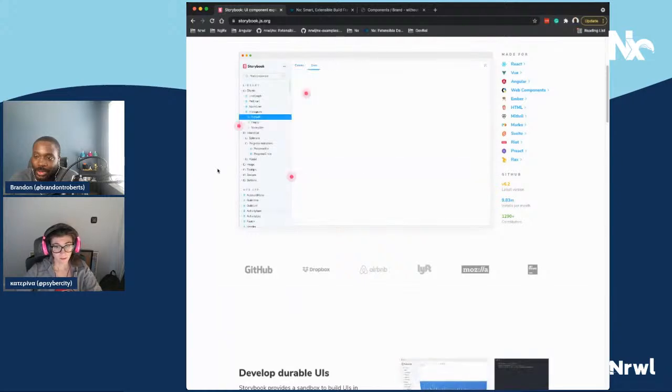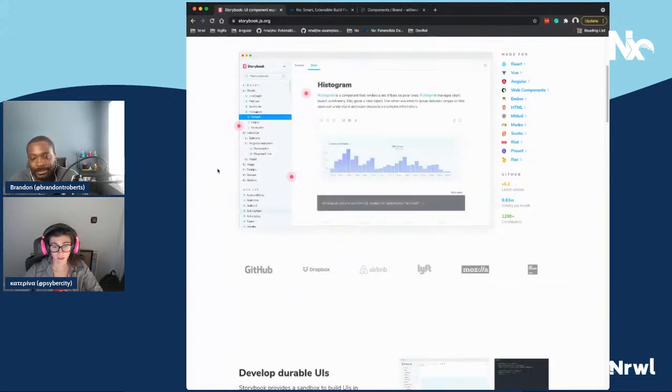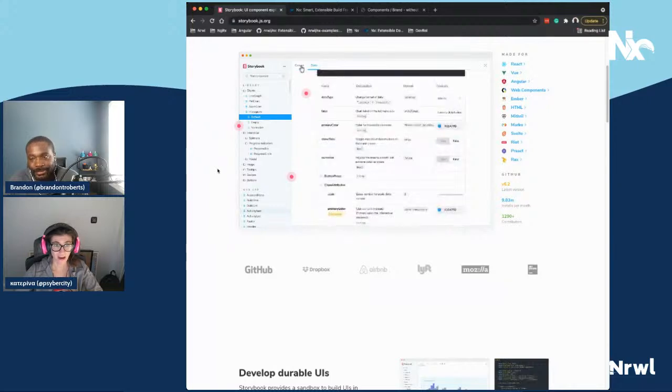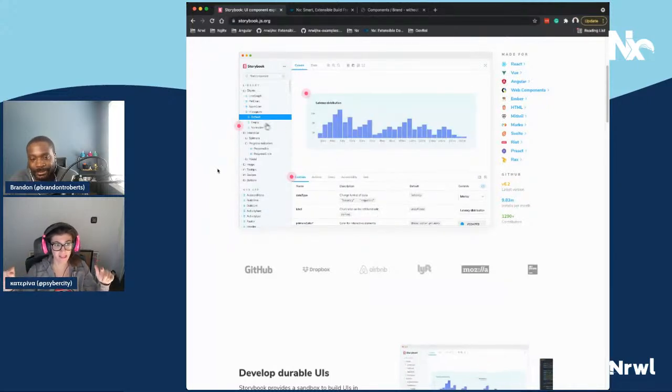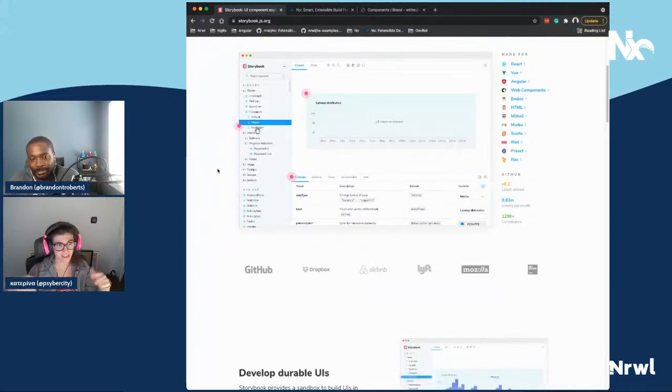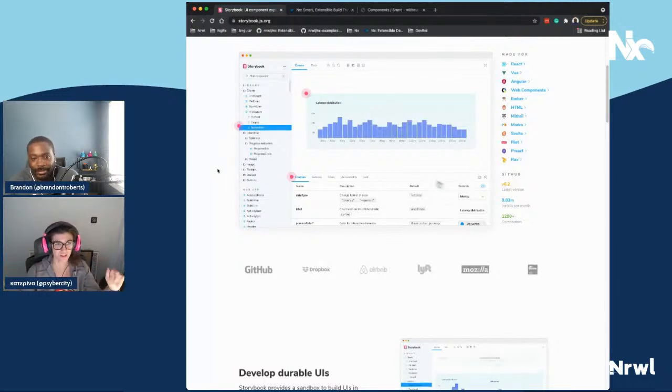Yeah, and it also helps because if you have a large application, you don't have to navigate to that specific place and trigger the state that you want to test. You can just write this story that will make the component look as you expect it to look. So yeah,